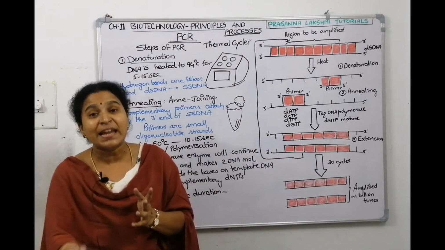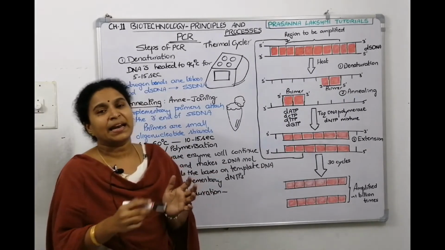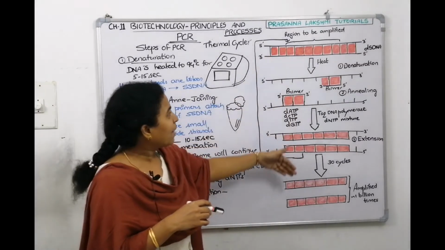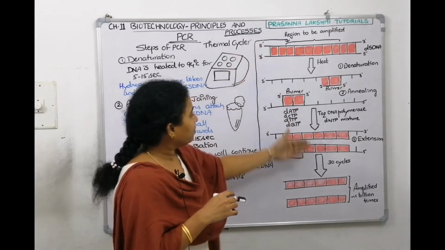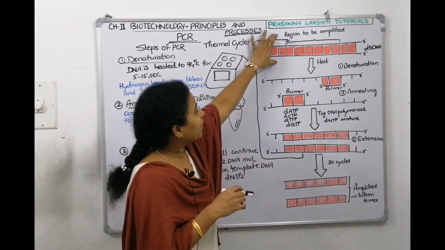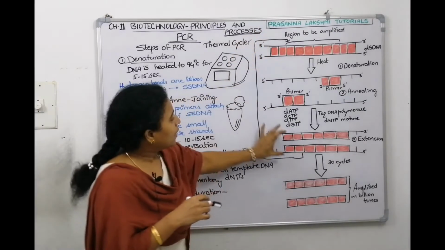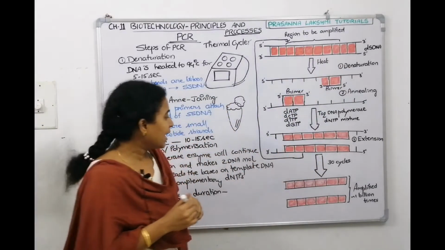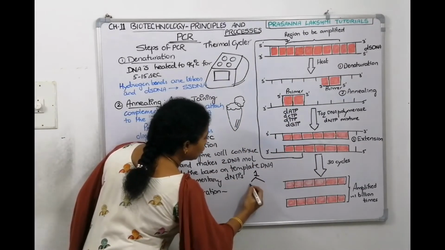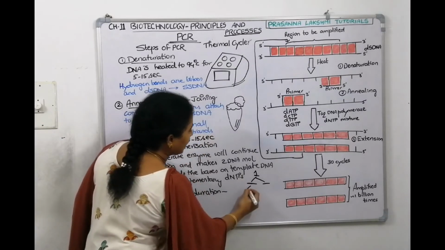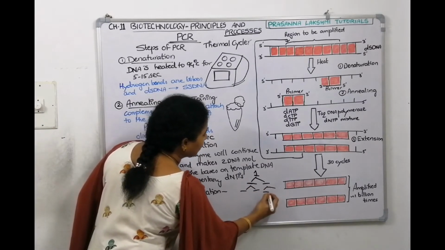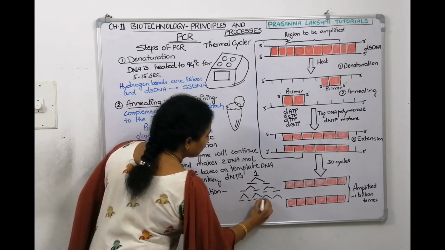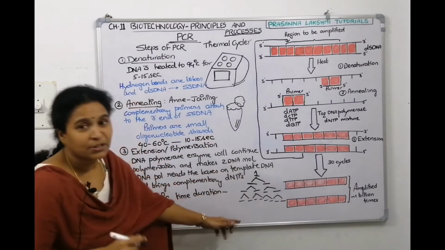Since it is a polymerase chain reaction, the cycle will repeat again. So these two strands of DNA again go to step 1. Here in step 1, now instead of one DNA getting opened up, these two DNAs will open up. Now at the end, you will get 4 DNA molecules. In one cycle, from one DNA you get 2 DNA molecules; in the next cycle, from here you will get 2 DNA molecules, from here you will get 2 DNA molecules. In the third cycle, you will get 8 DNA molecules, right? Like that the process goes on.